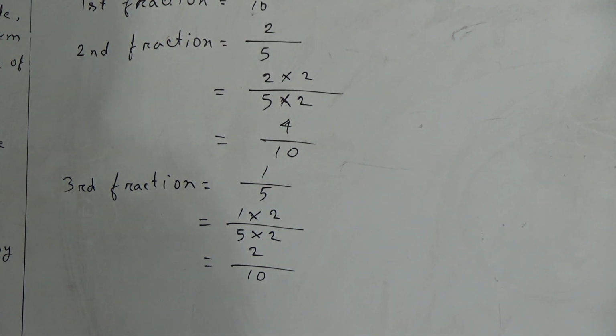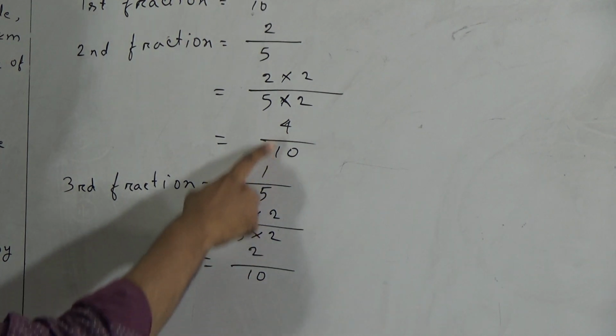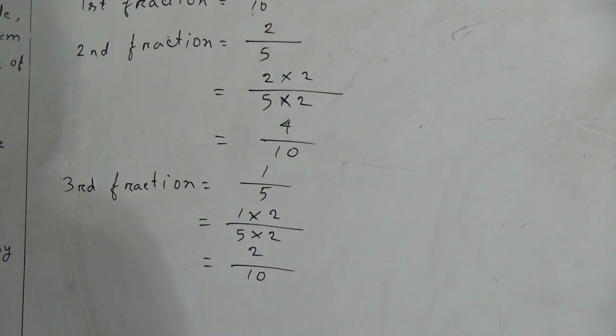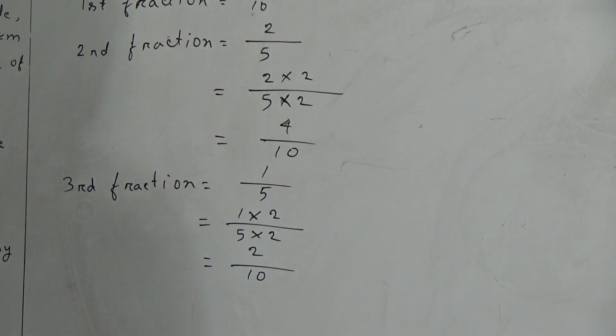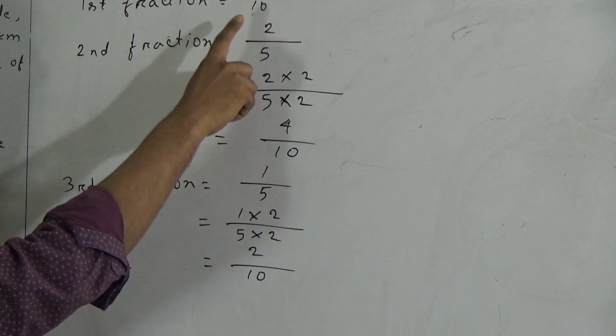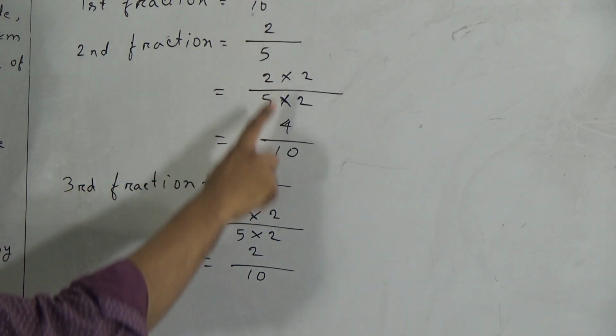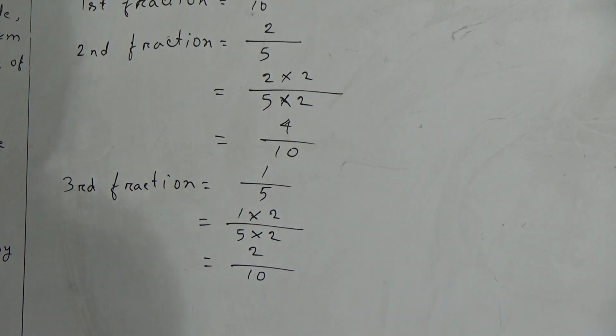Now all the fractions denominators 10, 10 and 10. In this case, which numerator is greater, that fraction is greater fraction. Here this fraction numerators 2, this fraction numerators 4 and this fraction numerators 3. Smallest numerator is 2. That means this fraction is the smallest fraction and this is second smallest fraction and this is the greatest fraction. So now we can write, arranging the given fractions in ascending order, we get